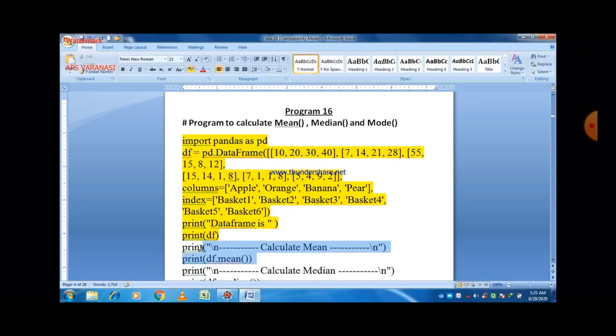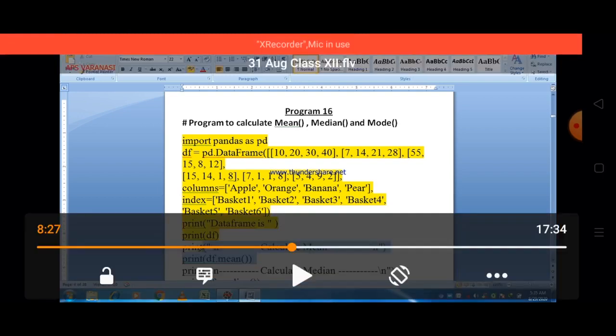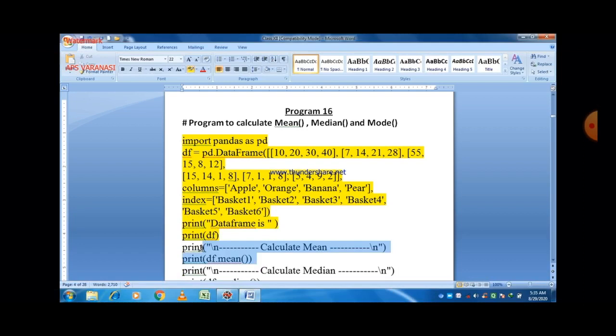To give the names of the columns, we use the parameter columns, and give the names in a list. Then if you want to give names to the index also, for that purpose there is the parameter index. The index names are basket 1, basket 2, basket 3, basket 4, basket 5 and basket 6, because 6 rows are there.